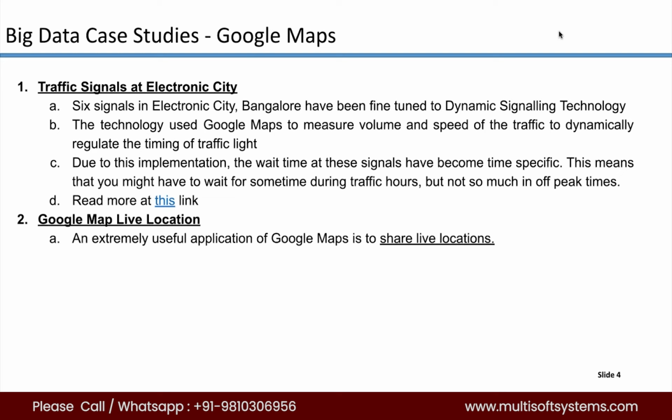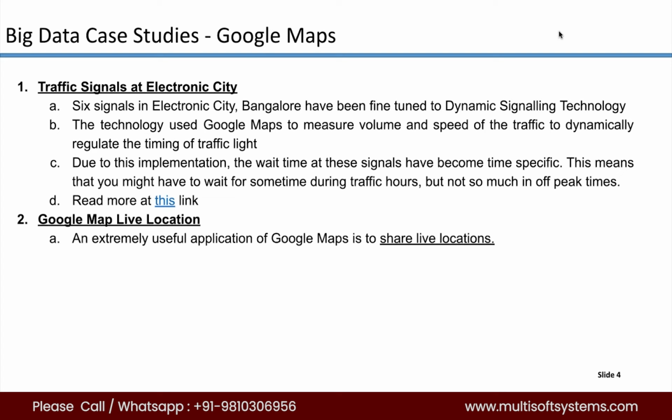This is pre-corona times, by the way, January, February this year, when the corona was not so intense. If you go to these signals at around 8 or 9 o'clock in the morning, you have to wait at the signal for at least a minute. Without any physical intervention, it adjusts on its own. So that uses the data that is generated by Google. And Google gives you certain applications for free, like Google Maps. Behind the scenes, the data that it collects is offered through a lot of APIs, at a commercial cost, for people to use and implement.